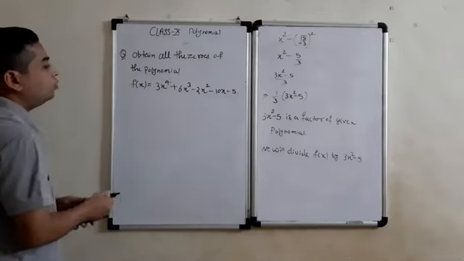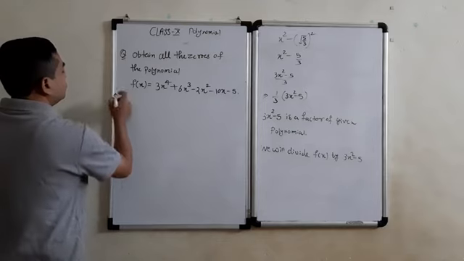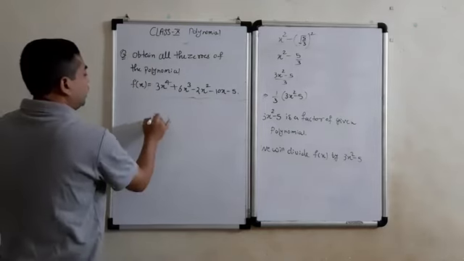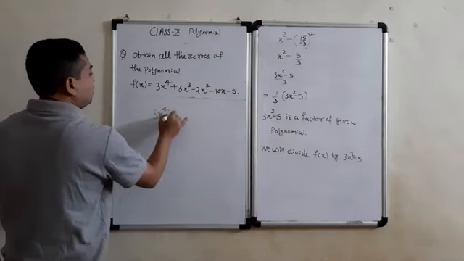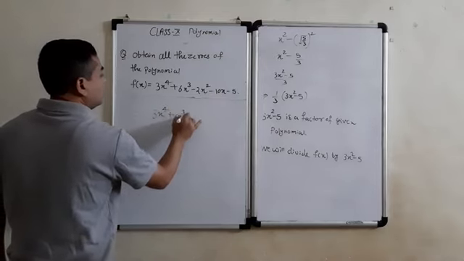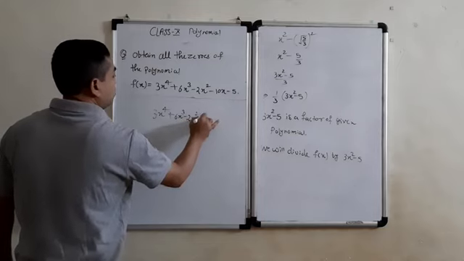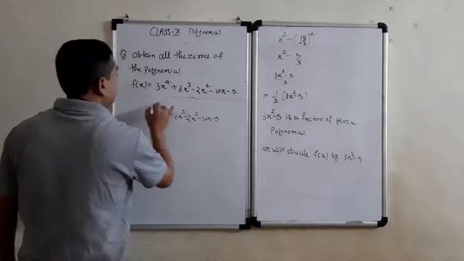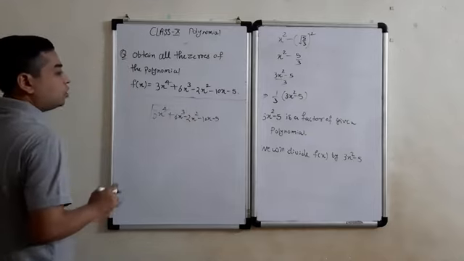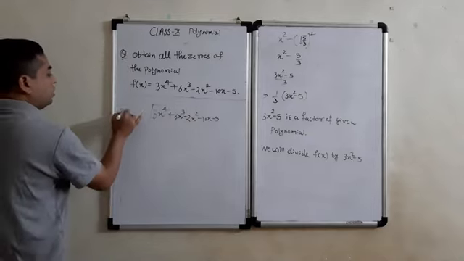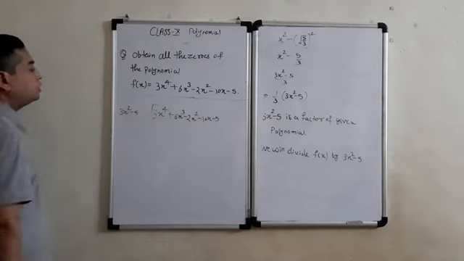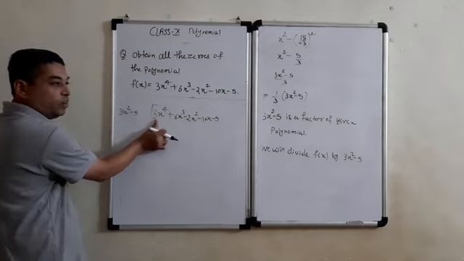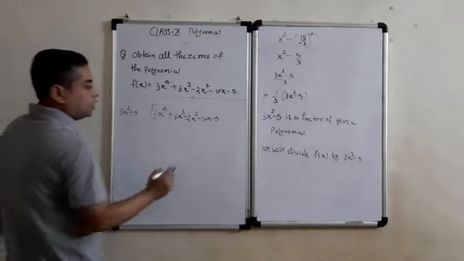So we will divide now. Okay, 3x raised to the power 4 plus 6x cube minus 2x square minus 10x minus 5, that we have to divide with 3x square minus 5. So how many times it will go? Again the same thing. The first term of dividend we will divide with the first term of divisor.